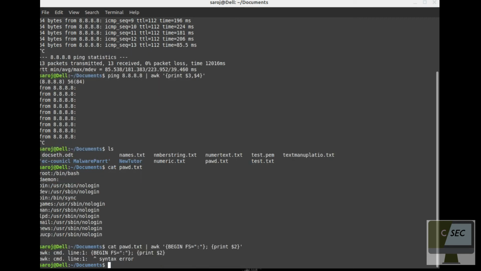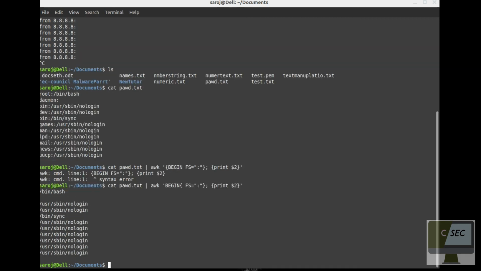Sorry, there is a syntax error. My fault, I have to specify BEGIN before the double quotes. Now you can see on my screen the results are printed after the double quotes sign only.